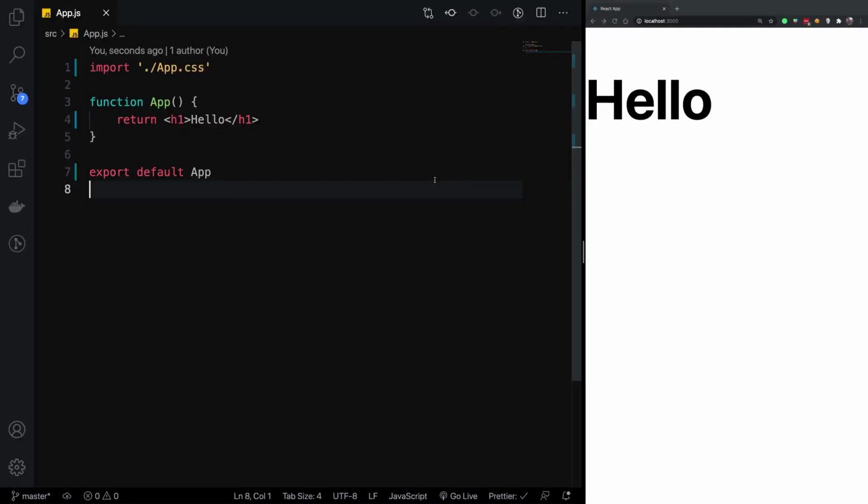Hey everyone, welcome back. In this video, let's start something interesting, which is known as compound components in React. Now, I'm pretty sure if you have ever used an external library like Material UI or some sort of UI library, you would have seen this pattern where you would have something like